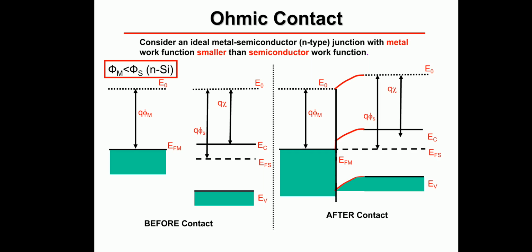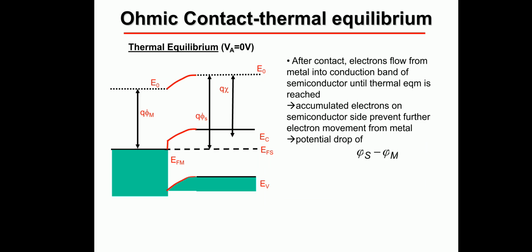So there should be a tilt near the semiconductor region due to this accumulation of electrons. That tilt will be from the metal to the semiconductor direction. So we can see that the energy bands tilt in the upward direction. You can see in the figure, after contact, all the tilt near this junction is in the upward direction and the neutral region remains flat. This way the ohmic contact is formed. So that is the thermal equilibrium condition.